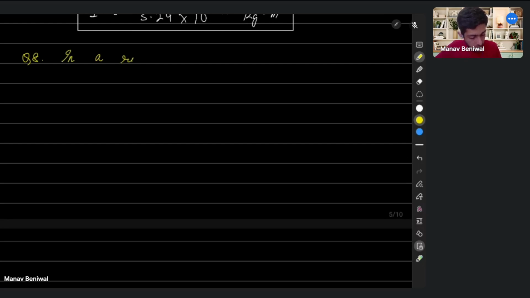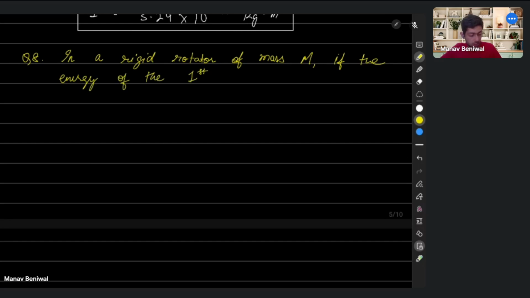In a rigid rotator of mass m, if the energy of the first excited state is 1.5 MeV, then the energy in the third excited state